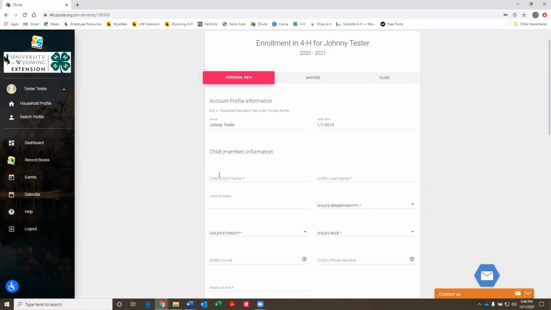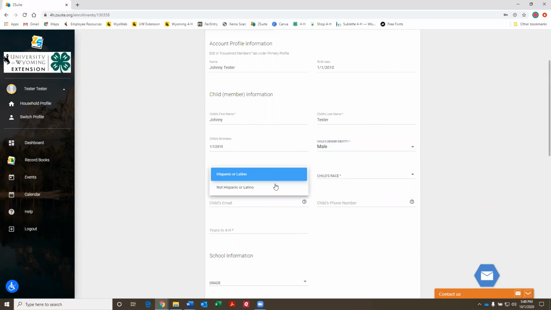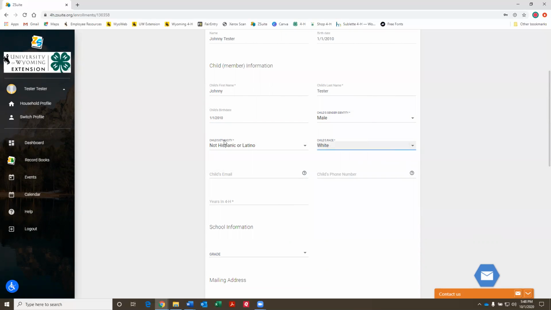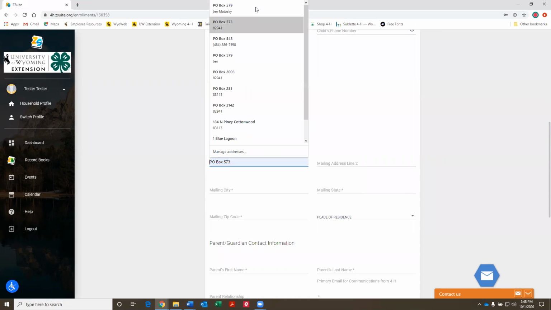This one's a little redundant where you'll have to put in their name and last name and birth date again. The birth date is required in this field as well. Hopefully they can fix that because having to do it a few times doesn't quite make sense. Then you'll put ethnicity, child race, if they have an email or phone number, their years in 4-H. We'll just, for example, put in that they're a first-year member, put in their grade, put in